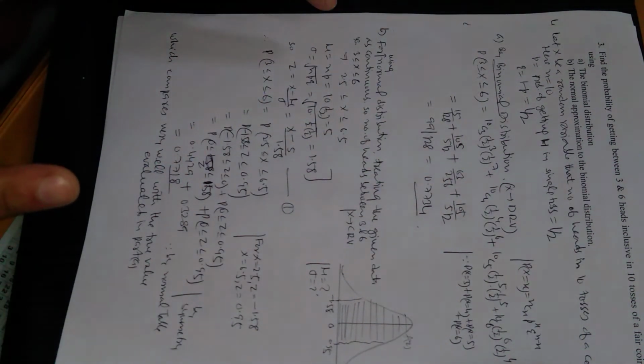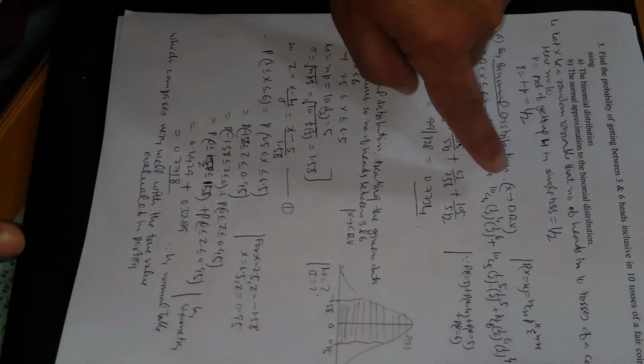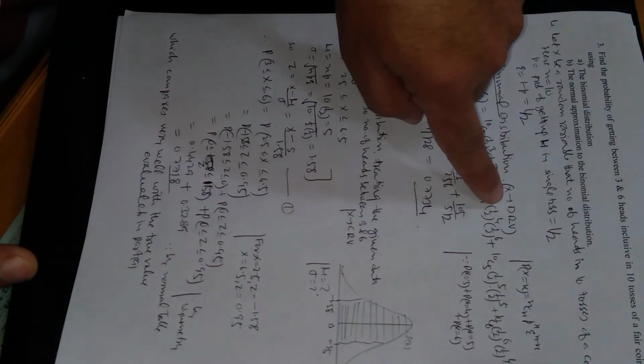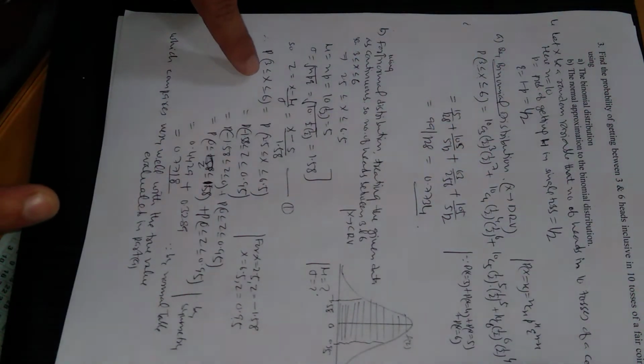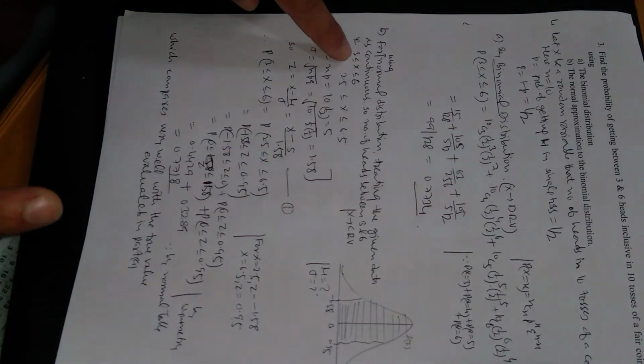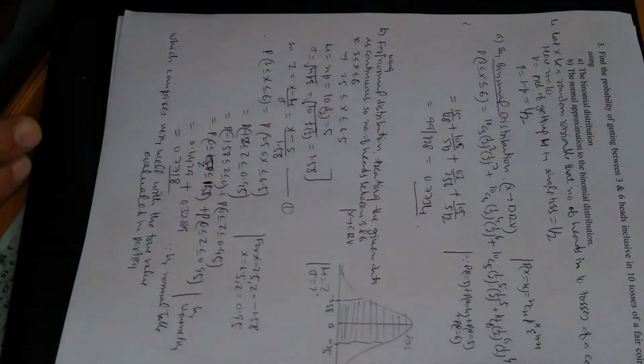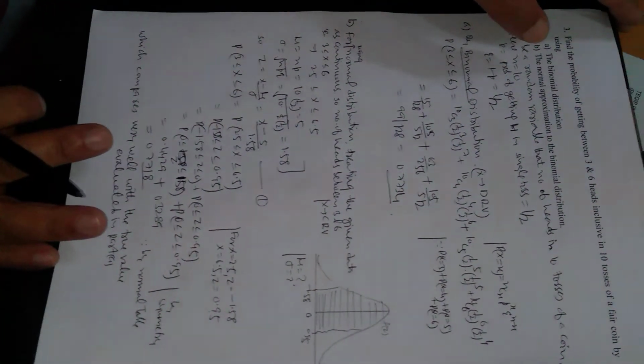So we must remember we are finding the probability of the same case, 3 to 6, in both cases. In the binomial distribution we are supposing x is a discrete random variable. In the normal distribution, x will be a continuous random variable. To make sure that in this range there are integral as well as fractional values, we have changed the range to this type. So this is about the third question.